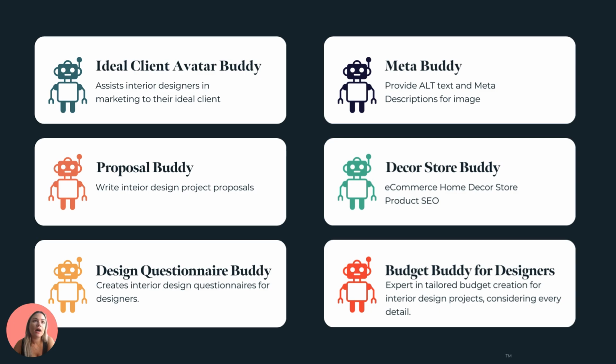So this one, basically, if you want to define who your market and target audience is, this one will help you do that. Proposals, so writing proposals, which if you don't already record all of your Zoom meetings and meetings online with an AI note taker, highly recommend you do that, because transcripts for AI are gold. So if you can grab your transcript and then put that into a proposal buddy or anything else here, it can literally take the conversation and then turn it into a tangible document. So in this case, a proposal. I did do a podcast about that on AI for Interior Designers podcast. If you want to look that up, I go into much more detail there too.